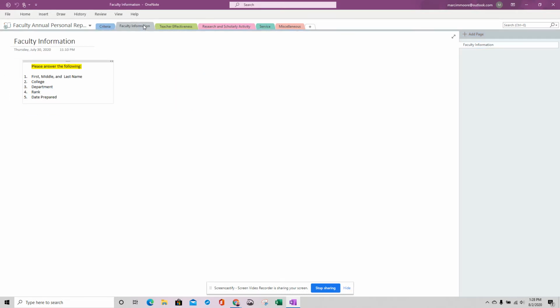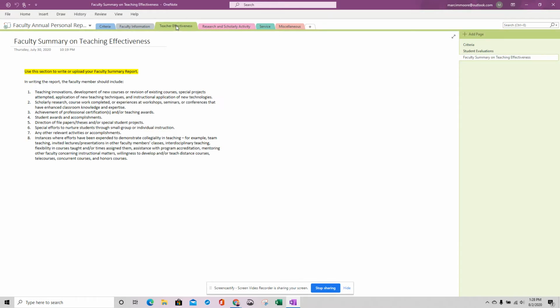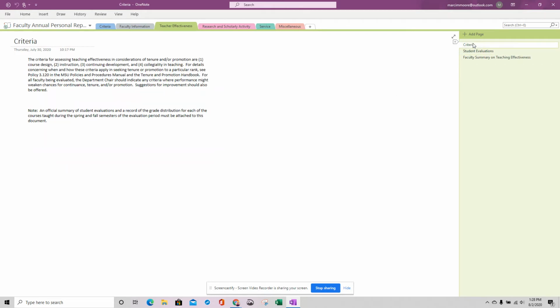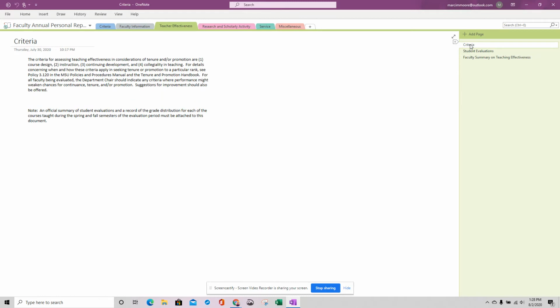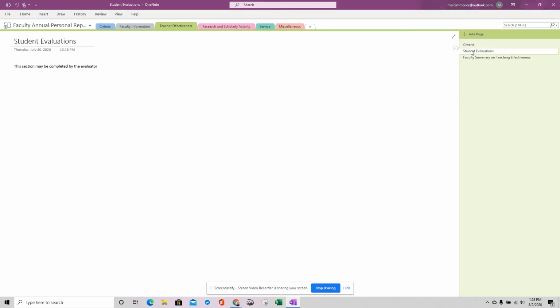Then once you click on faculty information, that's in there. This is a faculty information page that I've added in here, so you'll put in there what you need to. If you look at this teacher effectiveness, this tells you exactly what you need to have in here. If you go to each page, these are different pages, you need to make sure that you fill out each page. So you would read your page, and then once you get here,